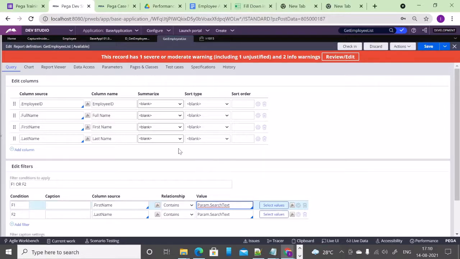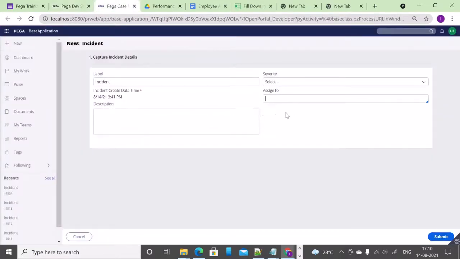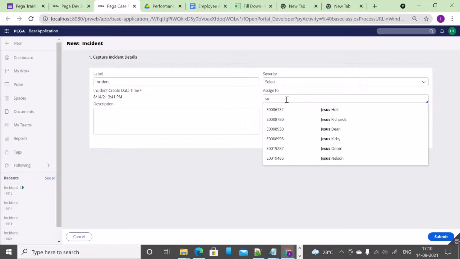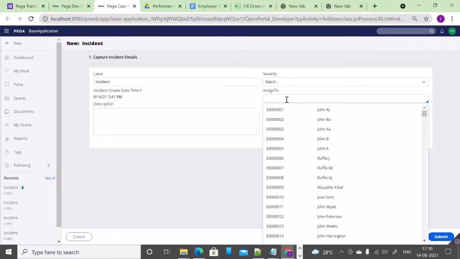So what we have to do is think about the way the user would search. If they search for someone's name, they would not say, I want someone's name which starts with M. Probably if that is the requirement, you can add an advanced search here.